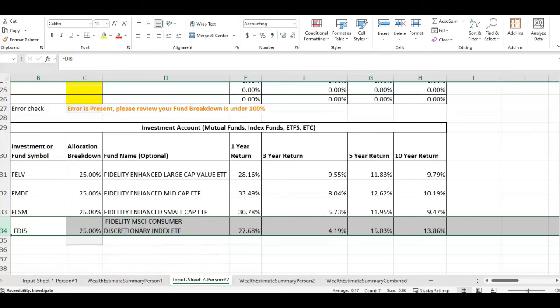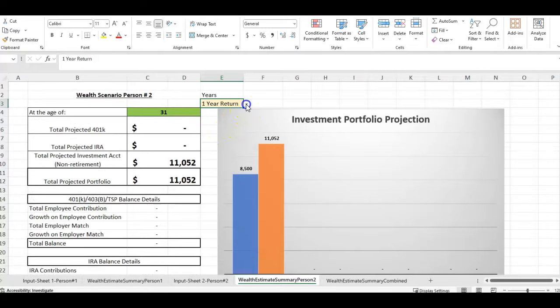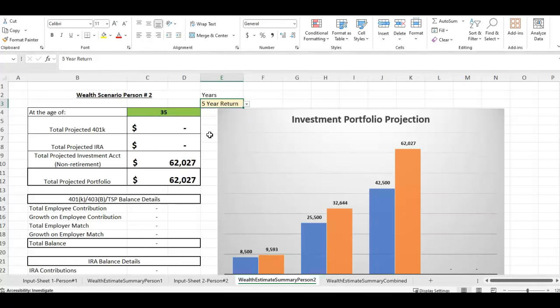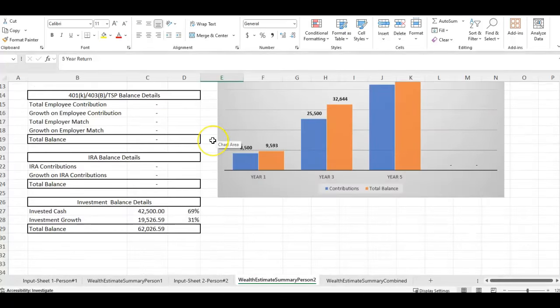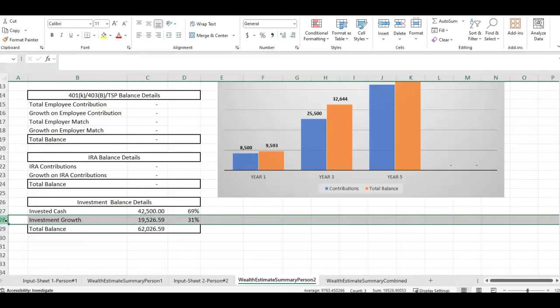Now let's see what it would look like if you invested consistently in all four funds. All right, because we're consistent investors and we like to do more than 1 year, well, let's take a look at that 5 year. All right, our 5 year, we would have had roughly 62,000. So what's that breakdown? So we would have invested cash of about 42,500, and then our growth on that investment